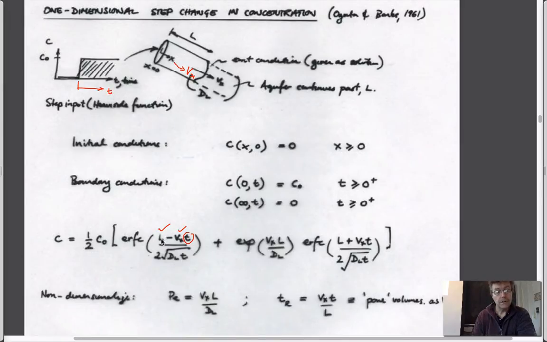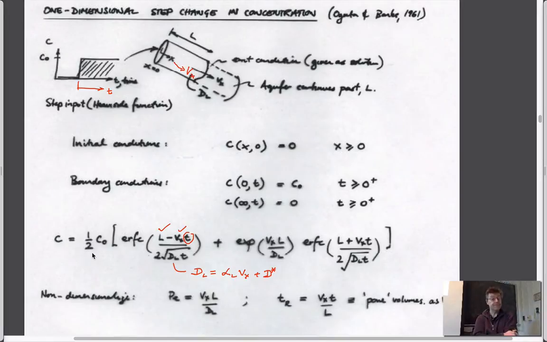So length downstream, velocity of flow, the time after which we've turned the concentration on, and dispersion, defined as the magnitude which is equal to the two components that we talked about. A coefficient operating on the advective velocity and also the molecular diffusion part. And so these are, I guess, the 1, 2, 3, 4 properties that describe the behavior